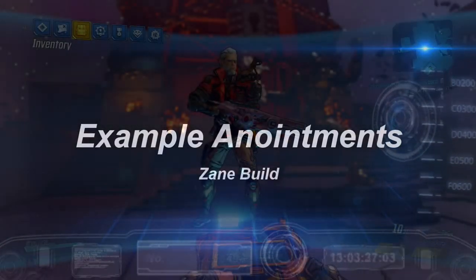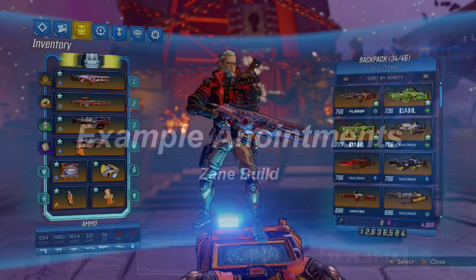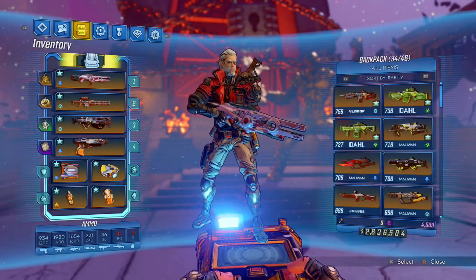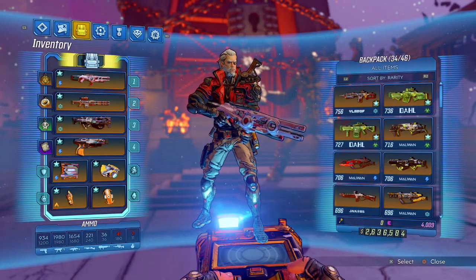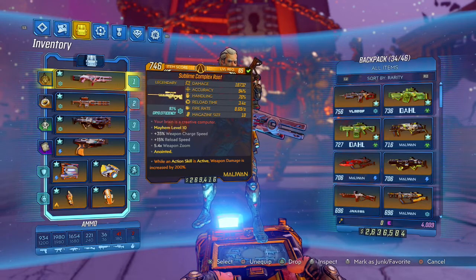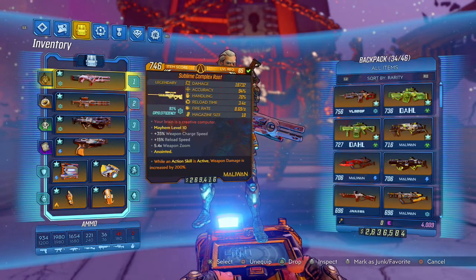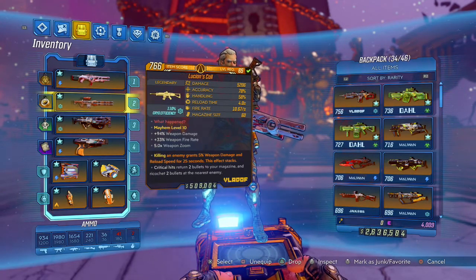Here's another example of building your anointments and selecting your anointments based upon your build. In this case, we are using a Zane character, and the build has the Gun Drone and Digiclone out, and the point of the build is to keep them out as long as possible because they're inflicting damage to your enemies. So for this build, I want to look for anointments that trigger while the action skill is active. Since I'm trying to extend how long my special abilities are active, I want to find weapons and guns that